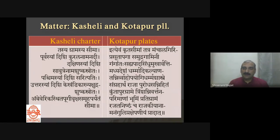Okay. Now what are the borders described there? Manchalagiri Prasutapaga Samudragamini. So there is a stream or a river which starts from the Manchalagiri. Okay, so that is one border. Then Sahyapad, so till the foothills of the Sahyadri, and Sindhu Mukhavarti, Madhya Desham. So this is it. So there is a stream in the north, and the foothills of Sahyadri and